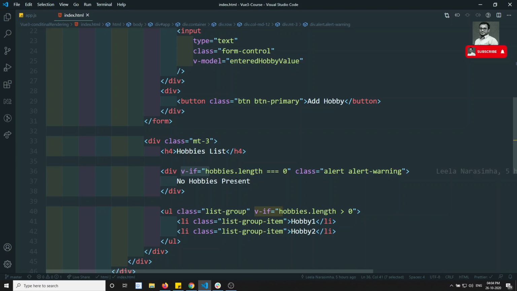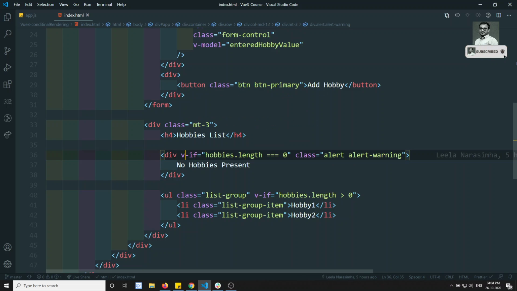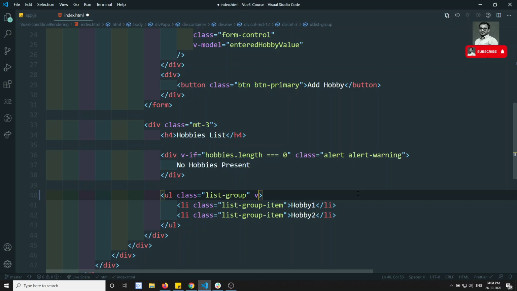Now coming to this video, here we have written if hobbies.length is equal to 0. And the same condition, we have reversed that condition, right? So instead of writing like this, Vue.js provides us with another directive that is v-else.